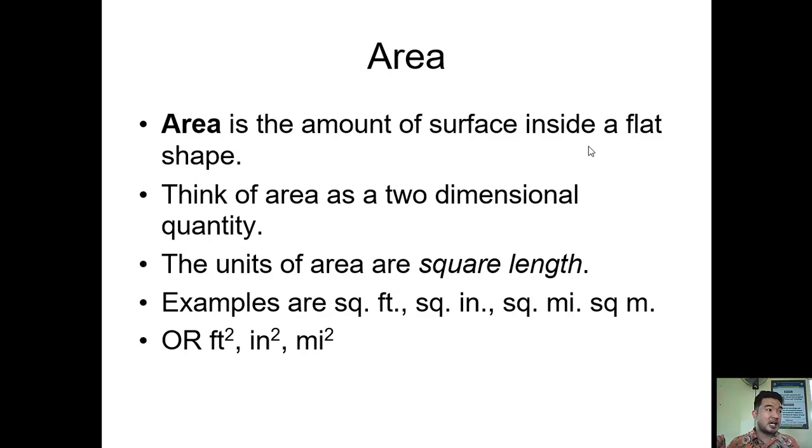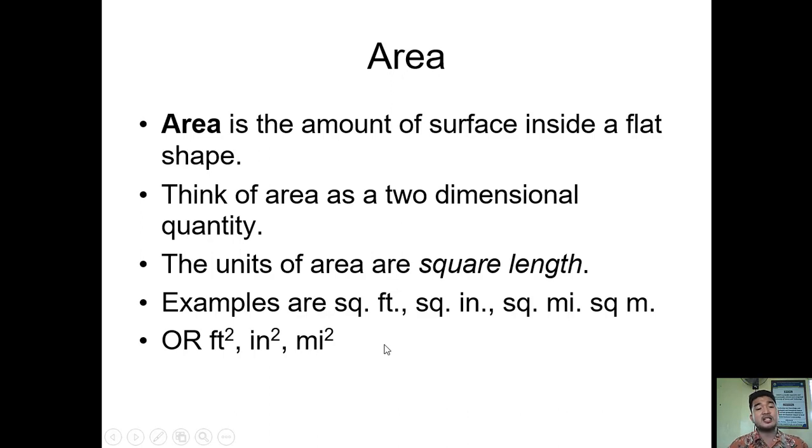Kapag area ang hinahanap natin, ang sinusukat natin doon ay yung buong surface ng floor. Then think of area as a two-dimensional quantity because an area is always in the square. The units of area are square length, like what I've said. Examples are square feet, square inches, square miles, square meter, or in symbols we have square feet, square inches, or